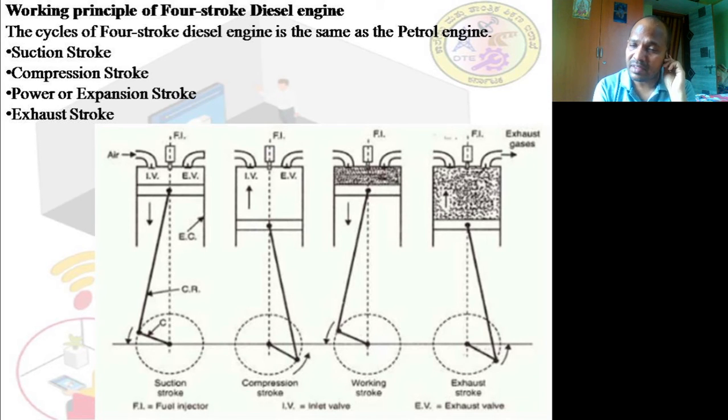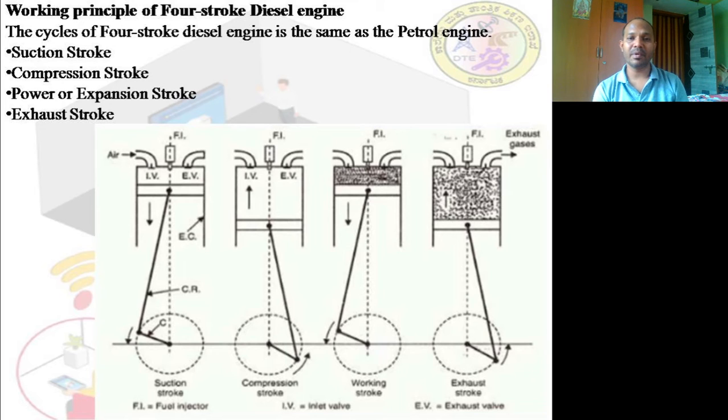Whereas the diesel engine has a higher flash and fire point. So it needs to be compressed to a very high temperature and pressure. That is the reason why we use a fuel injector. Here the fuel injector is one beautiful instrument which atomizes. It is not like water. It atomizes the diesel, which means it makes the diesel into a vapor state and supplies it, so that it catches fire and burns.